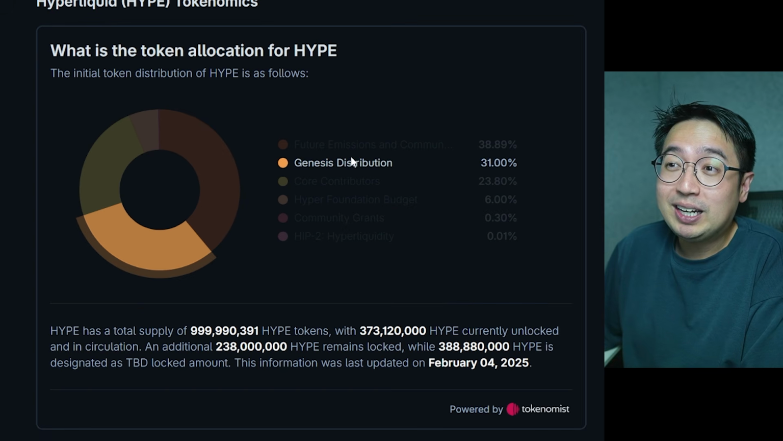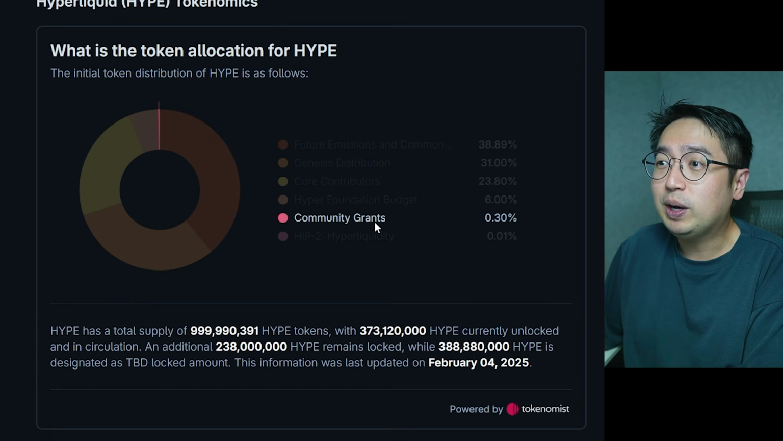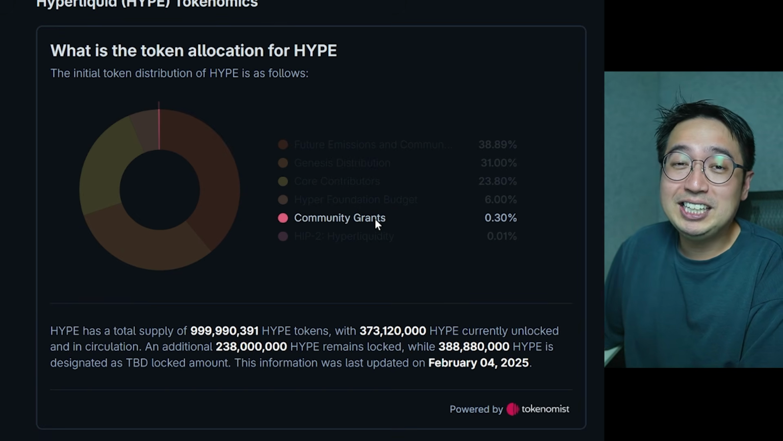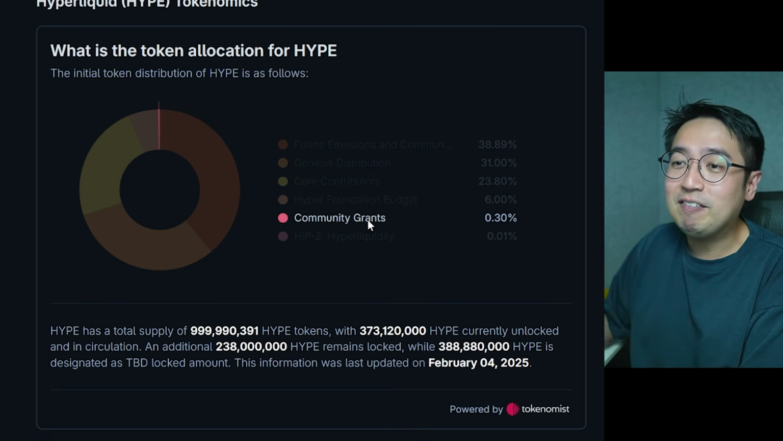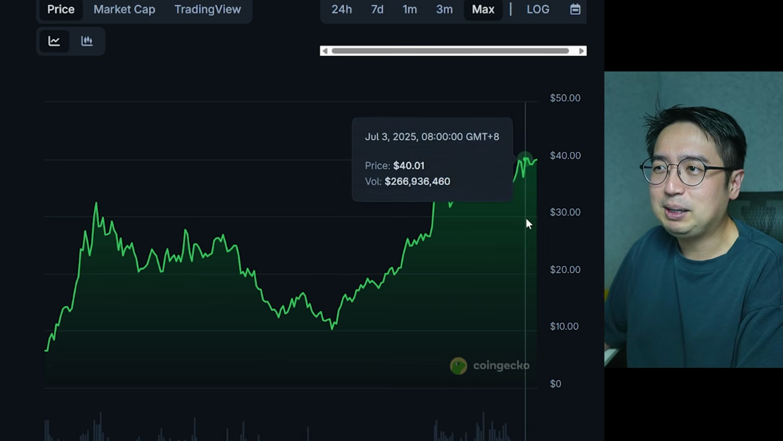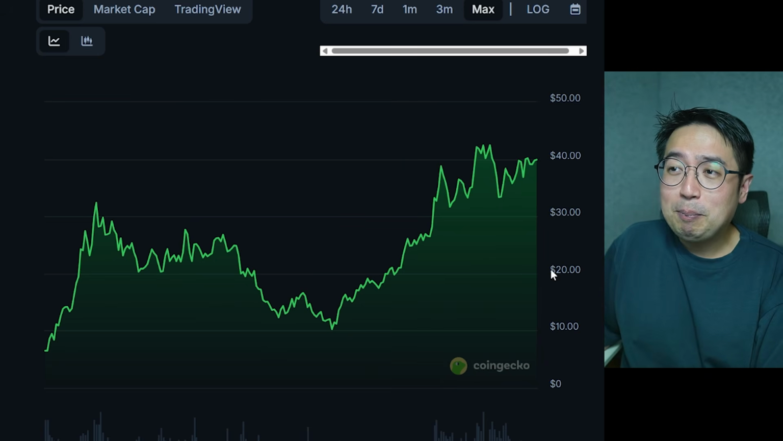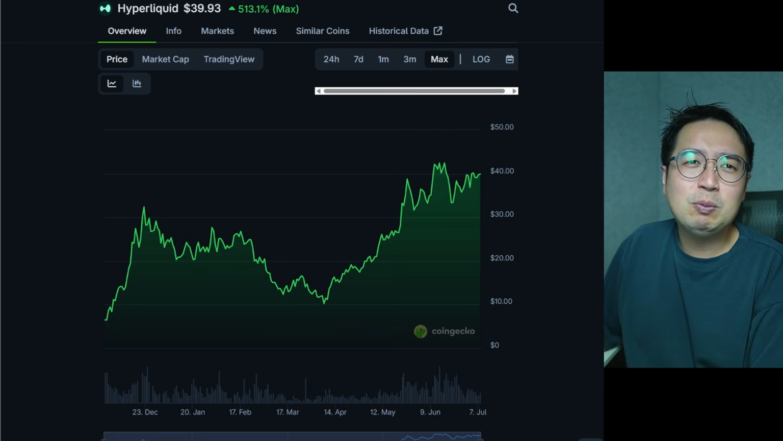So maybe you want to get started using Hyperliquid and their ecosystem. Core contributors, Hyper Foundation budget, community grants, which isn't that much. I heard that the resources are limited for builders in that ecosystem, yet they're still thriving, which says a lot. But of course, the best product a token has is the price. So we do see the price going up over time, and we might want to understand what's going on in